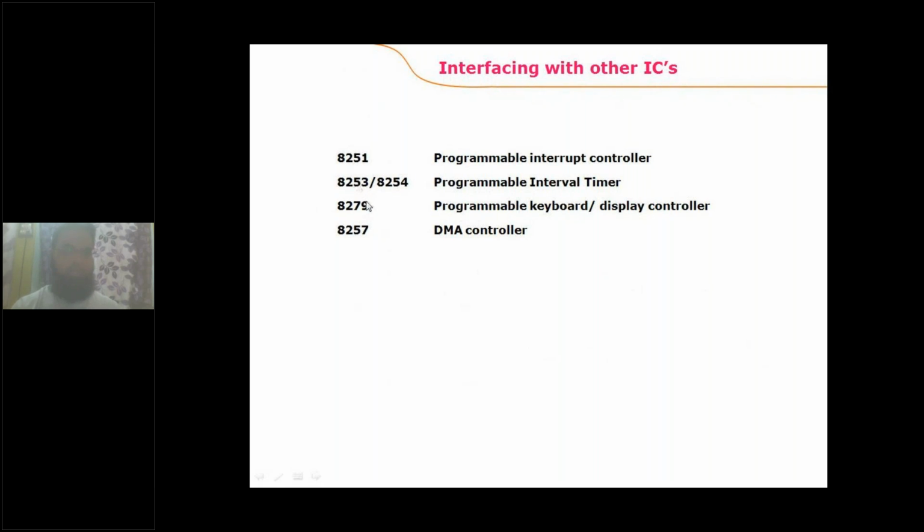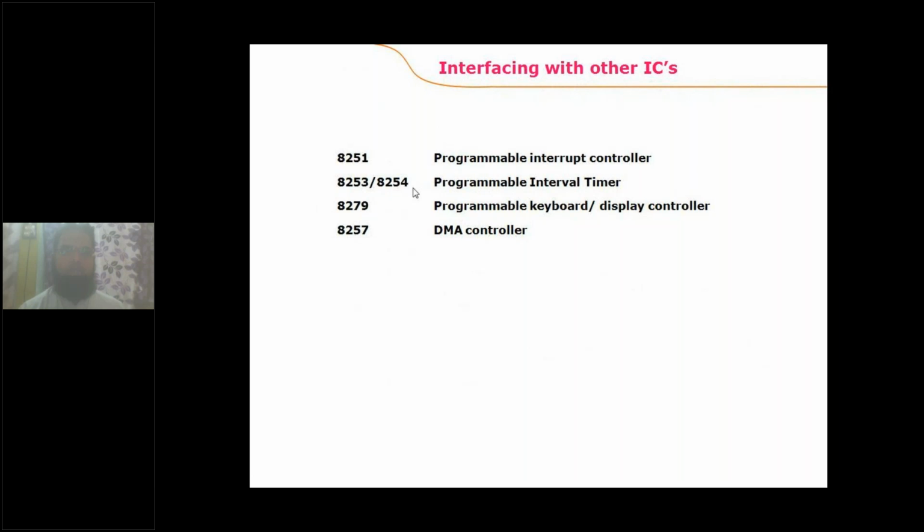This is 8251, programmable interrupt controller. What I said is IO devices can also be handled by the processor using interrupts.